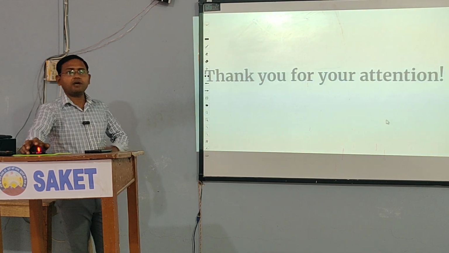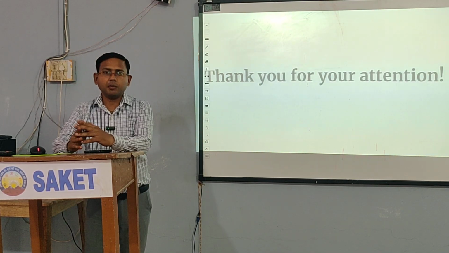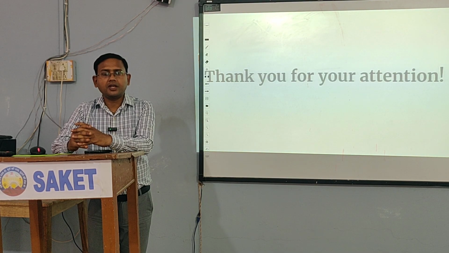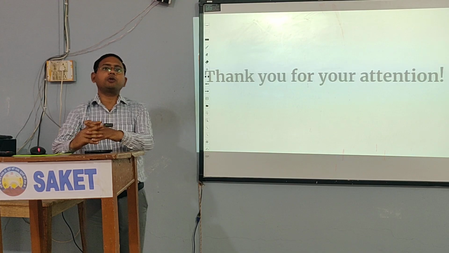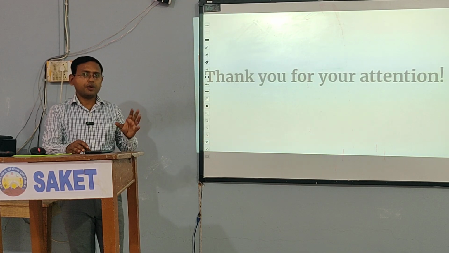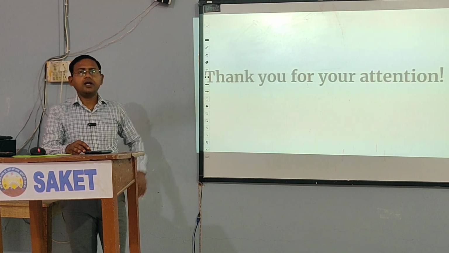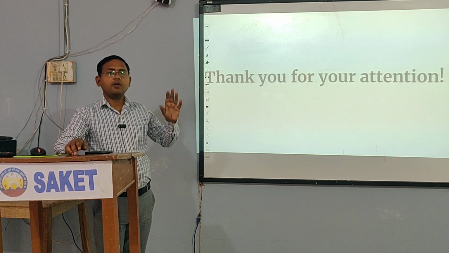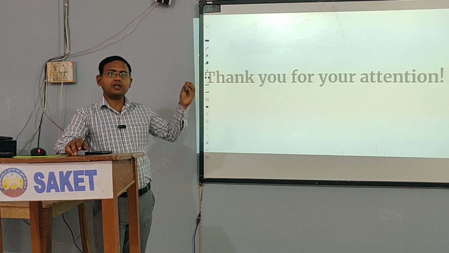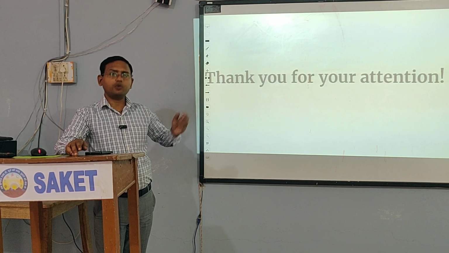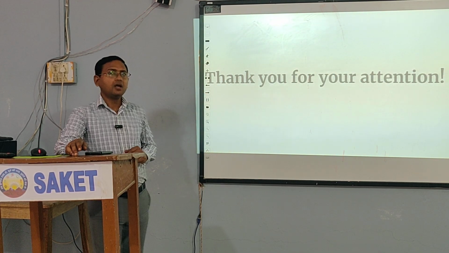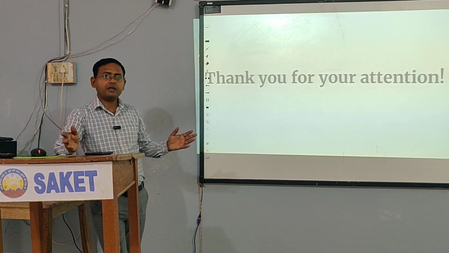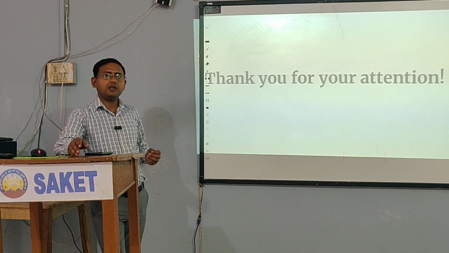So thank you so much for your attention. Today we discussed the complex plant tissues, and complex plant tissues are nothing but the xylem and phloem. Xylem is responsible for water transport from the root to the top of the plant, and phloem is responsible for the translocation of food from the leaves, because leaves are the ones that do photosynthesis and synthesize the food materials. So from the leaves, the synthesized food material will be translocated into various parts of the plant through the phloem.